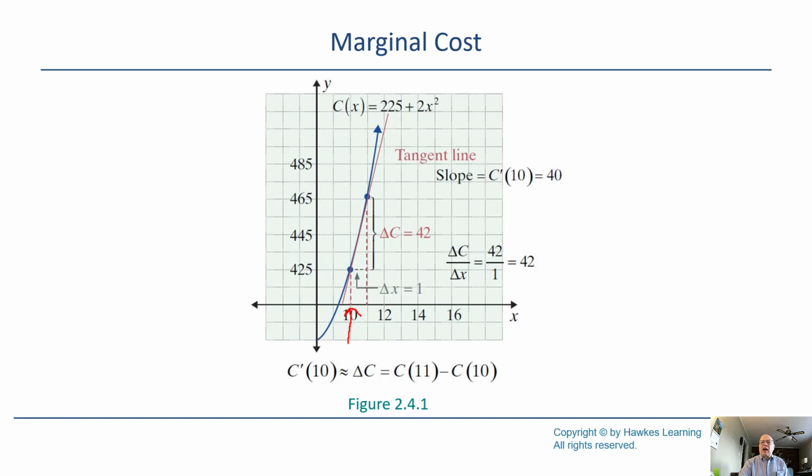producing 10 items. Make up some kind of a feature or item you're going to produce. You're making 10 of them. And you're interested in what's going to happen if I bump that up to 11. Here's the cost for making 10 of them. And here's the cost for making 11 of them. There's 11 right there. So here's my curve. And because it's a curve and not a straight line,